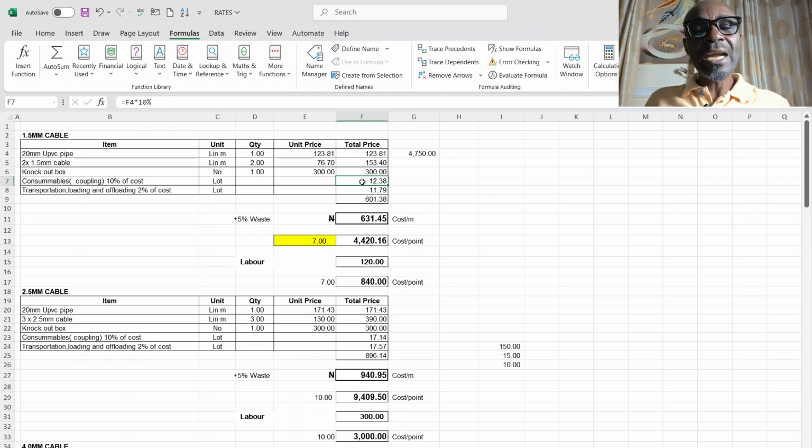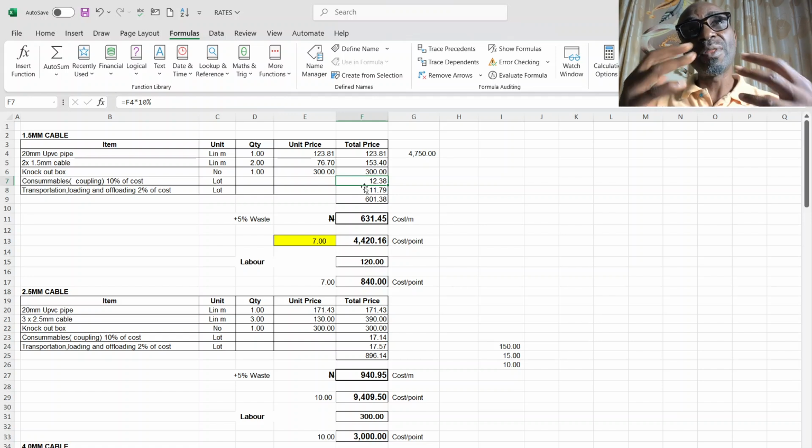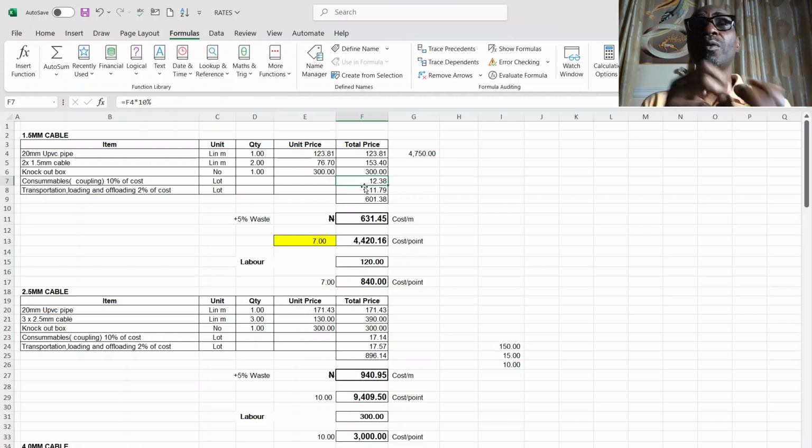So by the time this 12 naira you're seeing here is multiplied by the number of points, it will give me the amount I can buy bushes, couplings and other things with, for the Y boxes and U boxes and all of that that I'm going to use to pipe the whole of